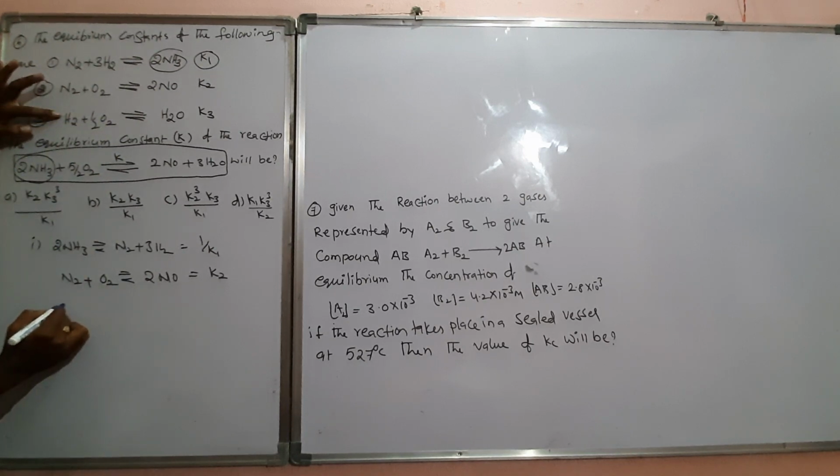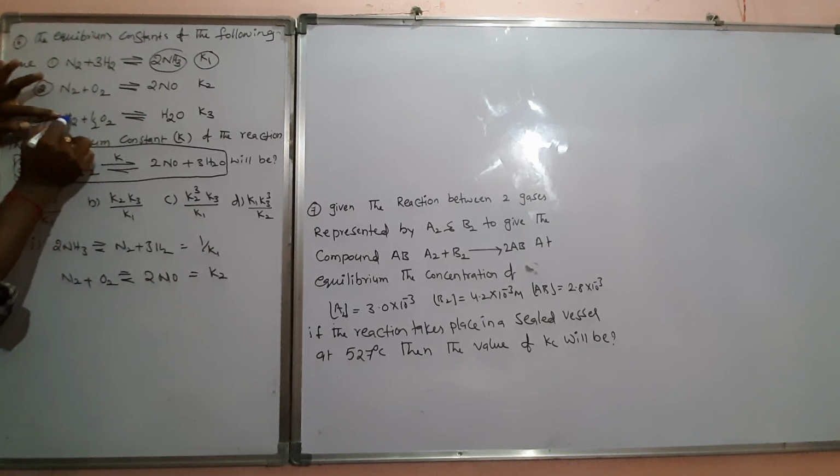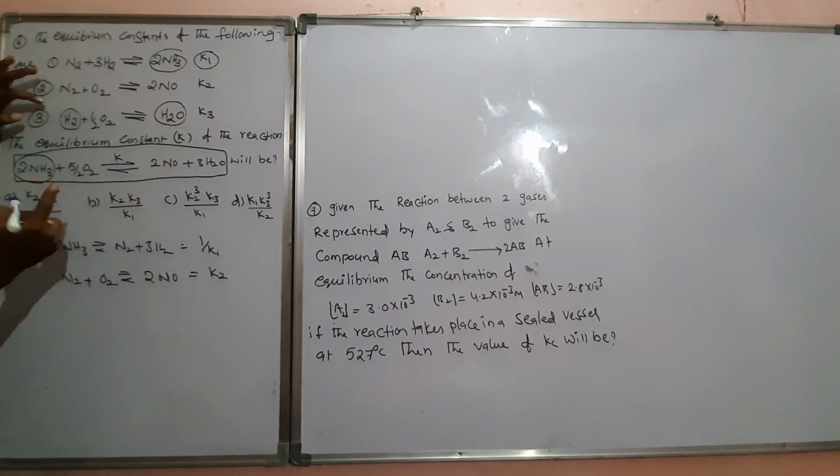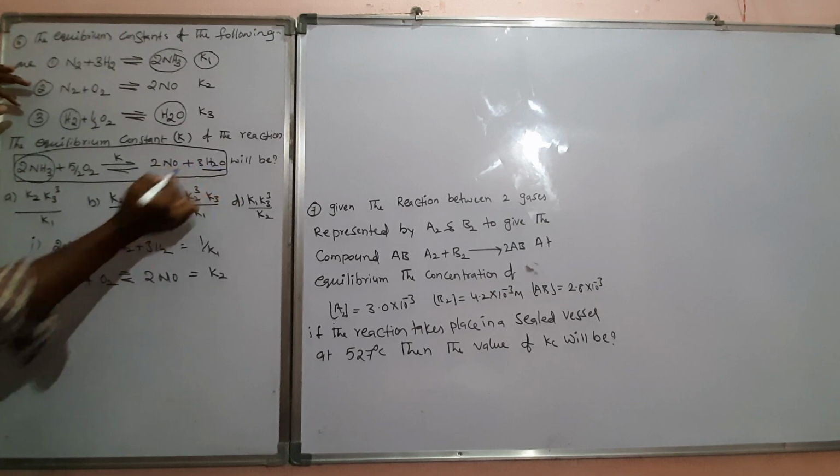Before this, here you see how many moles of H2 are there? 1 mole of H2 is there. Then how many moles of H2O are there? 1 mole. But in the question, 3 moles of H2O are there.